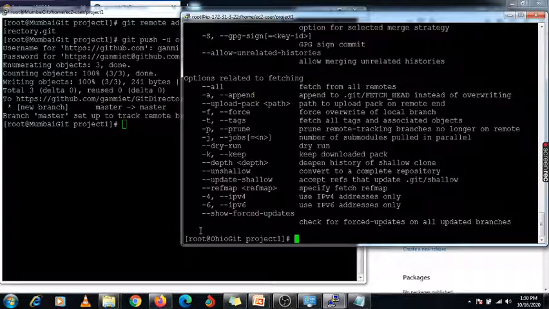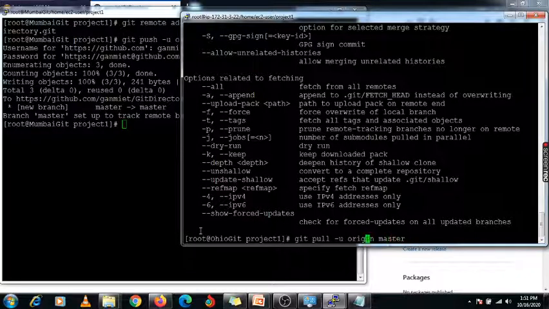Git space pull space hyphen u space origin space master. Okay, either it is connected or not. Yeah, it is connected properly.